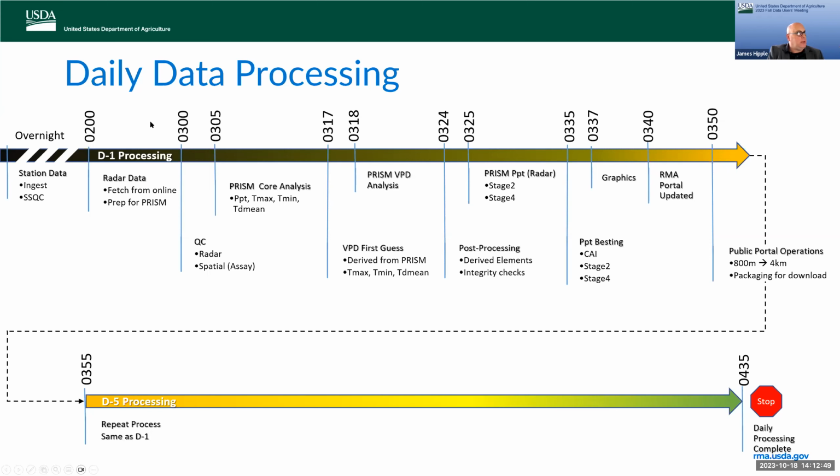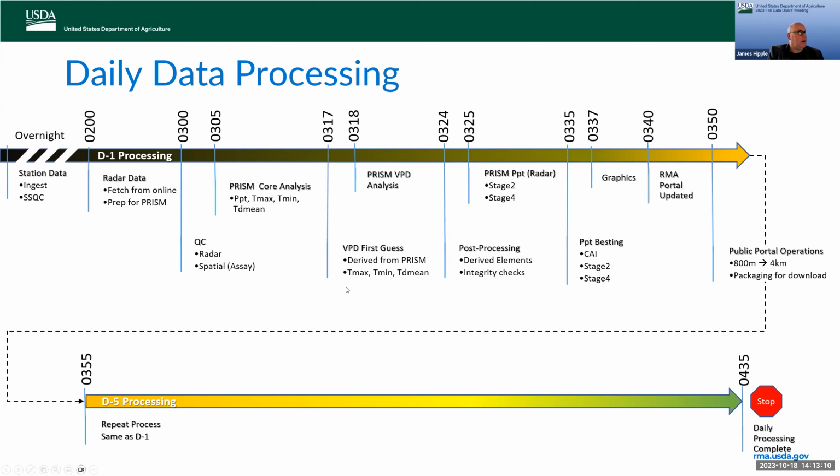If you're just having a gridded data set that's run on that first day, then you're often missing out as new weather data sets become available. And in this case, PRISM goes through a process for